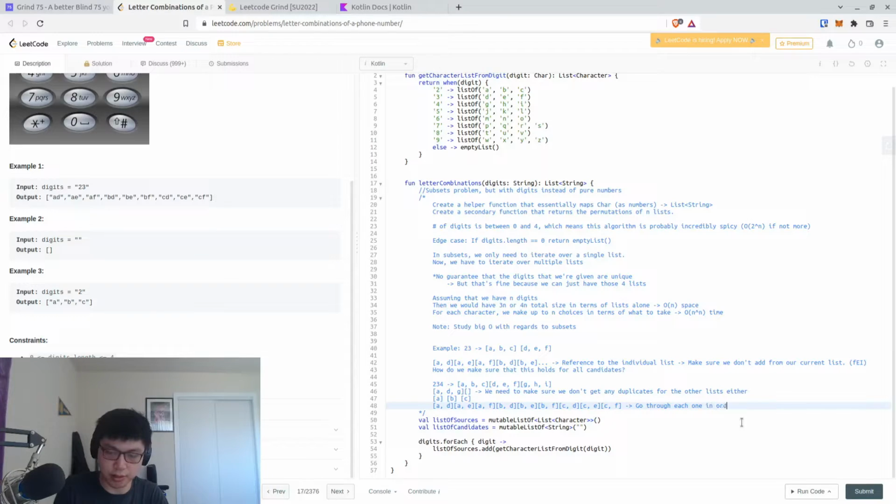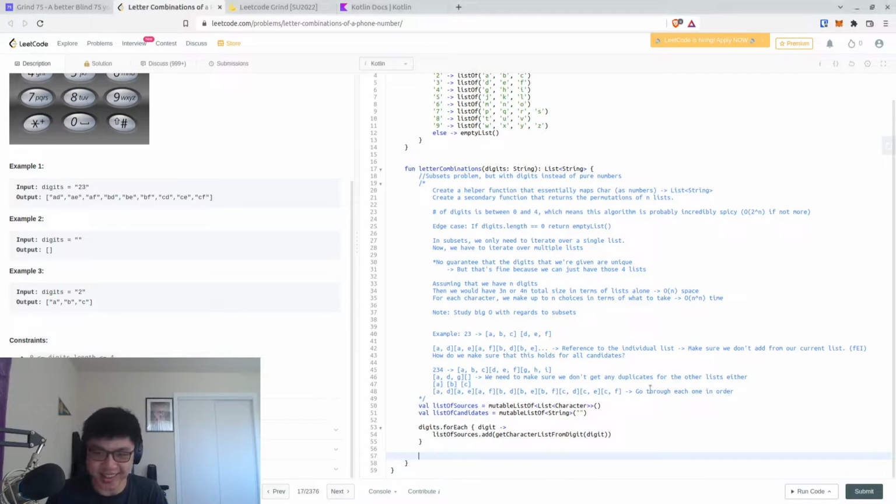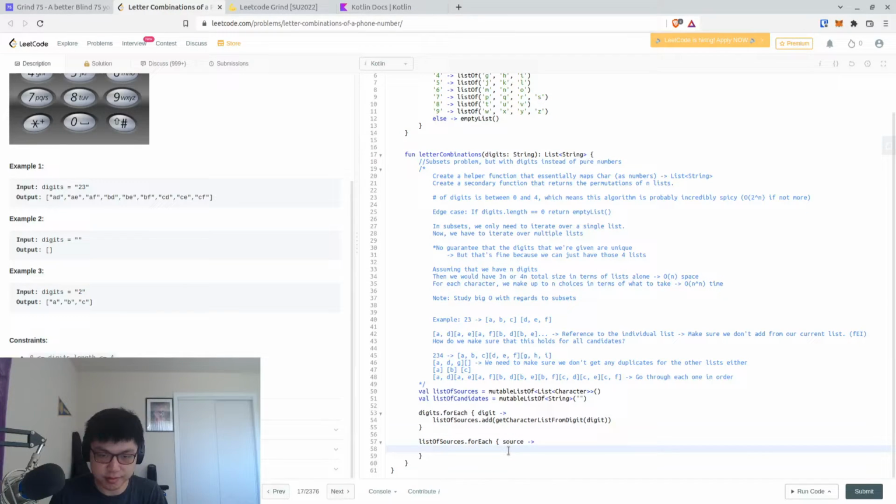Slowly is already implied with this solution speed, but okay. So in that case, we can't do a list of candidates for each. We have to do list of sources for each source list,